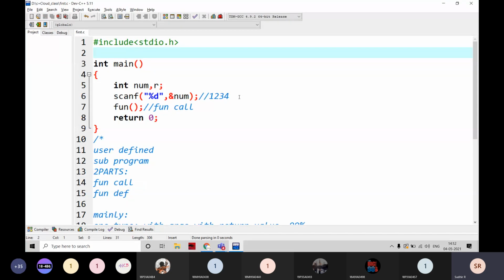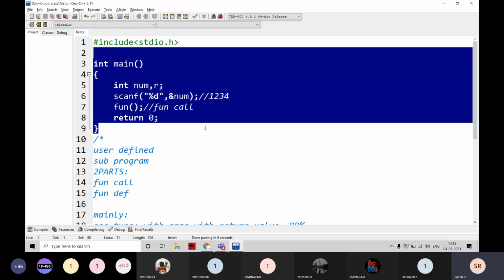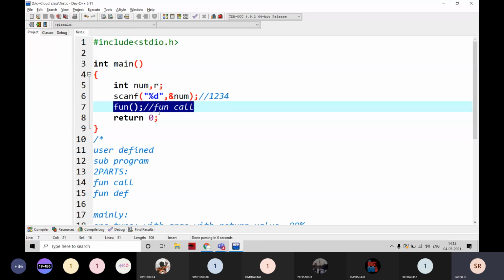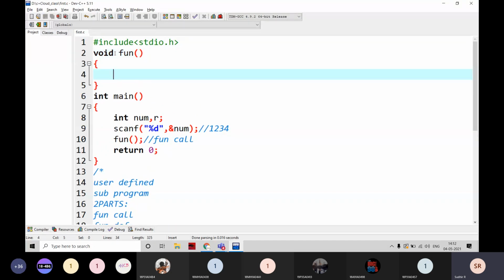Now I'm going to write here the student definition. That means, if you observe here, is there any function definition with the name of fun? There is no function. Now I'm going to write here fun of. For example, printf, not anything. Just simply I'm going to print hi here.